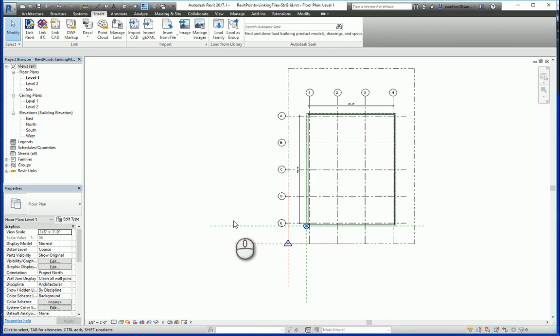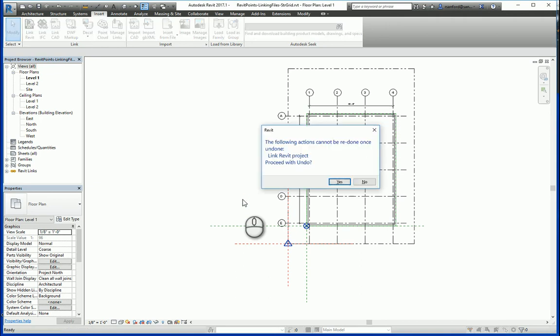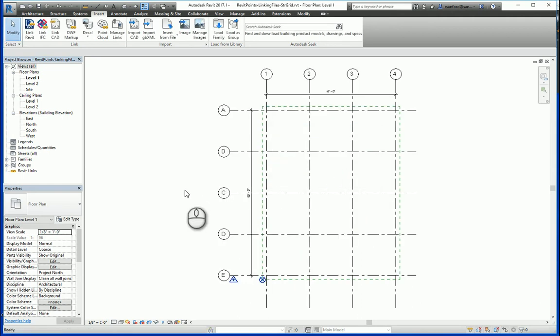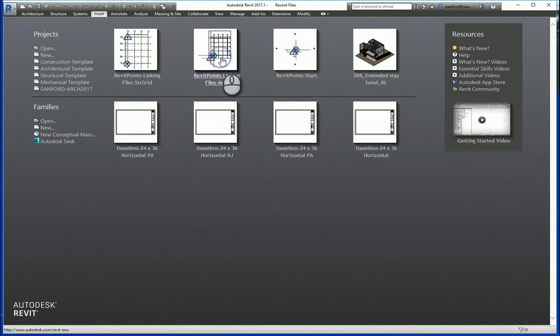Now that's great because I know where all the points are, but if you're dealing with multiple files, you may not know exactly where the shared coordinate system is, and it might be a very large project. You may know the numbers, but it may be hard to locate that or move certain points around. So I'm going to undo this a couple times and get the SCS, or the shared coordinate system, for this file back at this same location. I'm going to hit save, and now we're going to go back to the original architect's file,